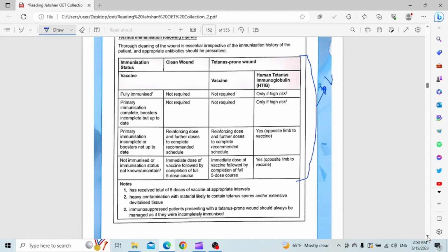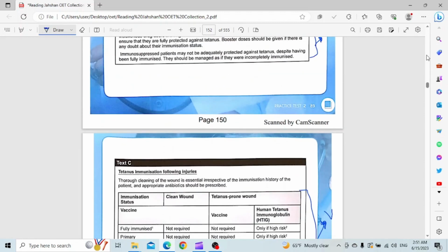Okay, and why I'm insisting that you have to read it very thoroughly, because sometimes they mention something that can be somewhere else. Okay, maybe they will talk about risks, and we talked about risk in part B, but